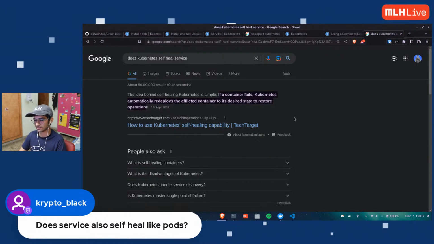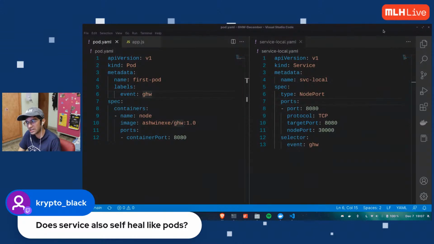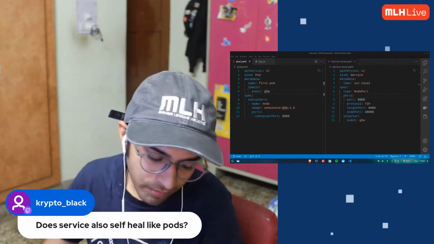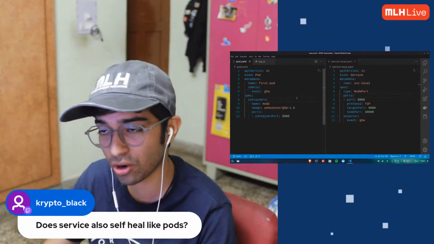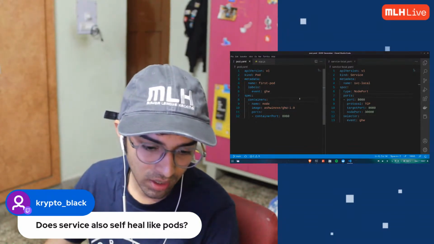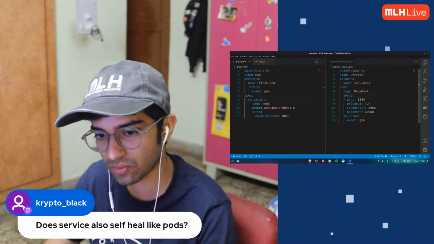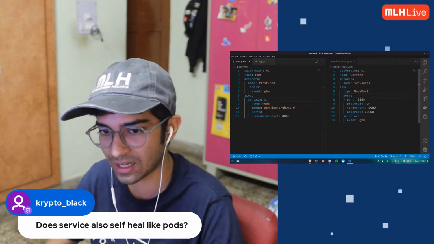The straight up answer would be no, because Kubernetes looks for containers, and it is the containers that fail. A lot of reasons containers fail. Could be a buggy YAML file, like I just made a wrong YAML file, container failed. Could be a lot of traffic, a lot of load. A lot of people are opening that particular container.